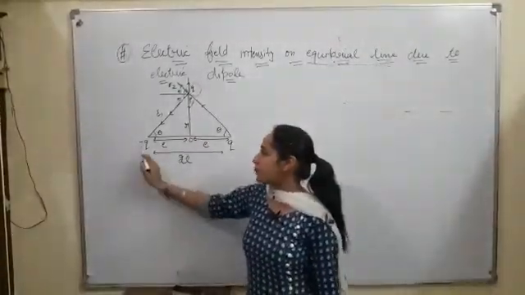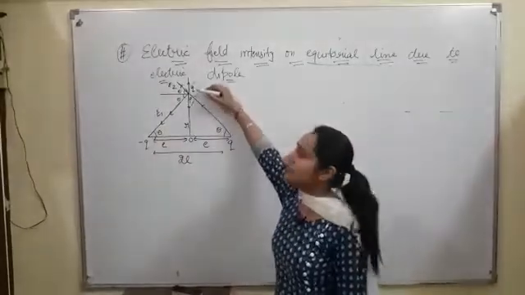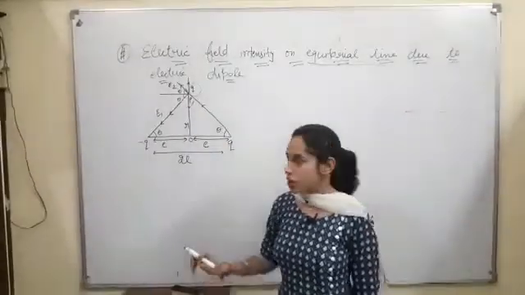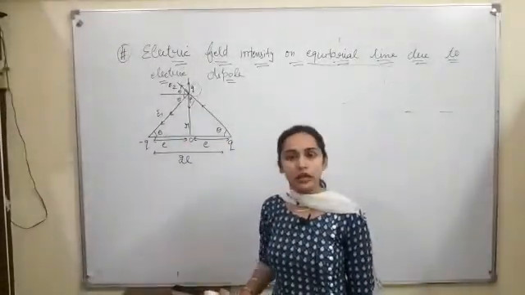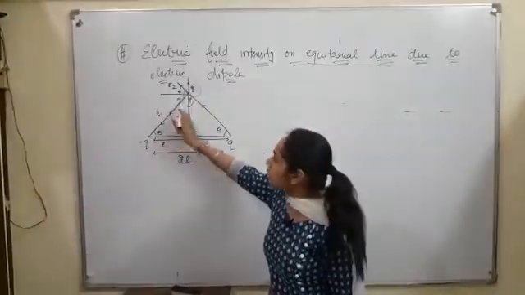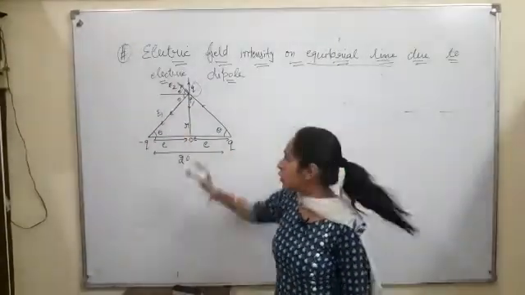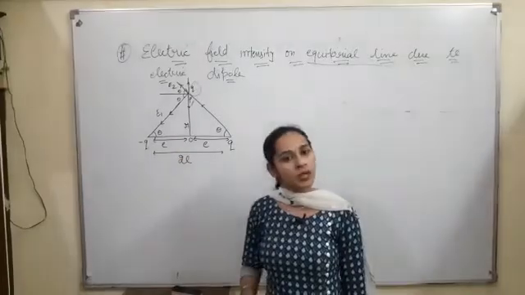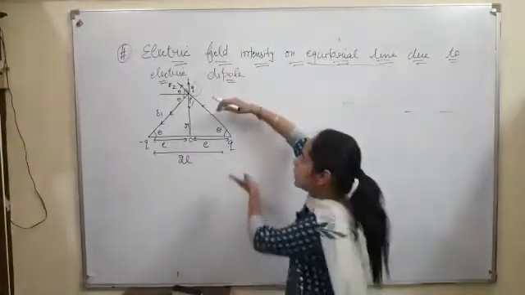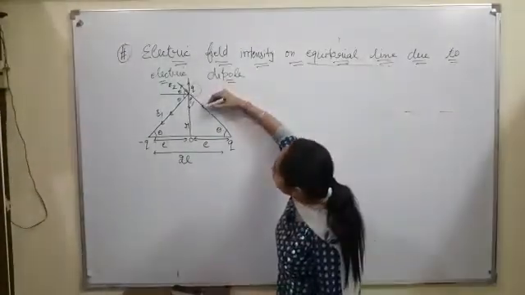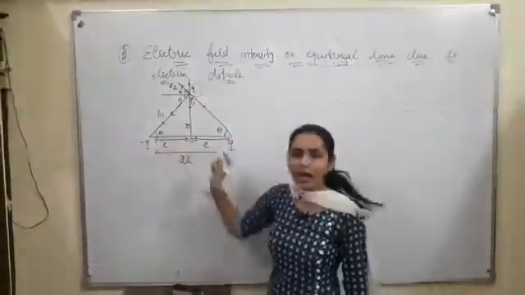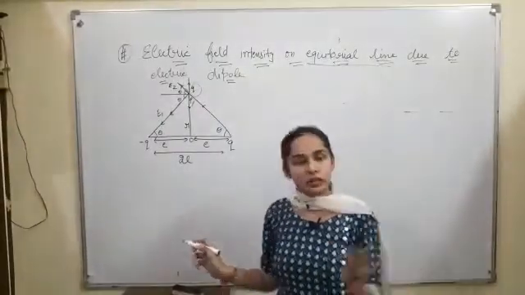Now see, from the dipole, this is my negative charge. I have brought another test charge Q to the observation point. Now this is negative and that is my positive charge. As their polarities are different, obviously the test charge will get attracted toward the negative charge, so the direction of the electric field is towards the negative charge. And due to the positive charge, there will be repulsion, so the direction of the electric field is upward, here downward towards the negative charge. So this was the discussion about the directions of the electric field.